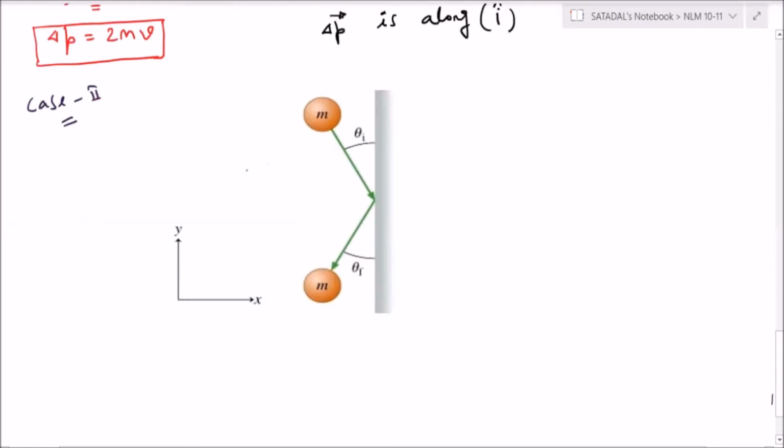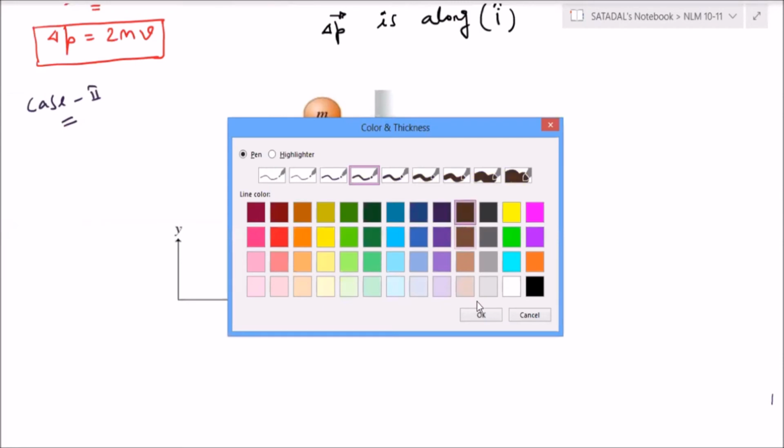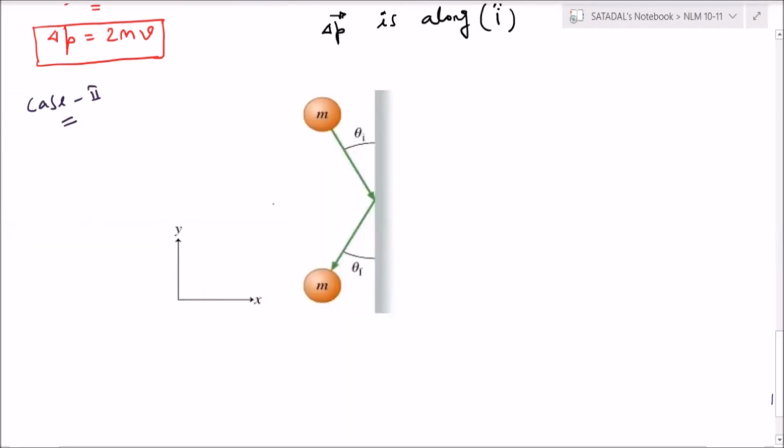Now, you come to this diagram. Now, I will do certain modifications in this diagram, so please watch it carefully. I'm taking this angle as alpha i, this angle as alpha f. Alpha is the angle with the horizontal, theta is the angle with the vertical. We are also considering that this ball is going to hit the wall with speed u and it rebounds off the wall with speed v. Correct? So now I am going to resolve the components.